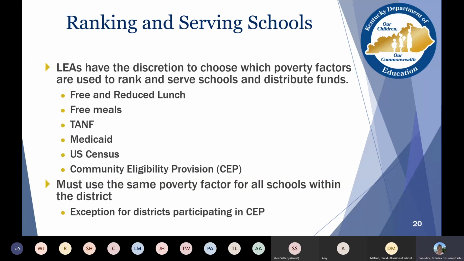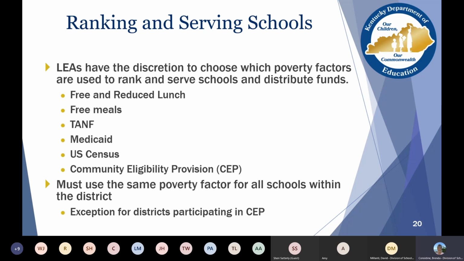All right, ranking and serving your schools. So your local education agencies or districts have the discretion to choose which poverty factors they're going to use to rank and serve schools and distribute those funds. So you are going to look at different options to determine how you want to rank your schools.